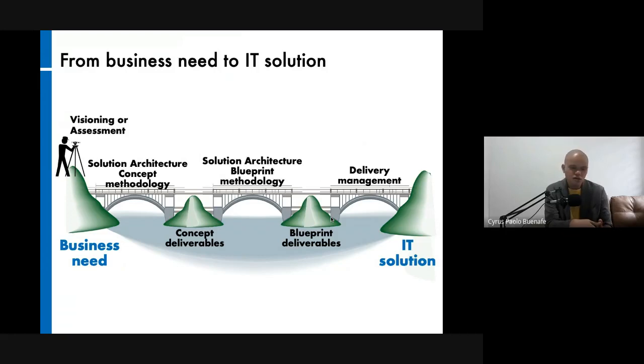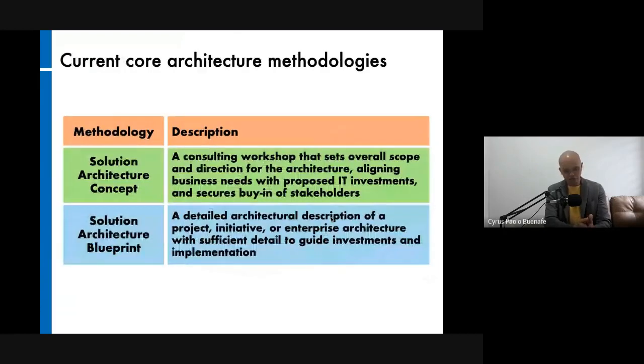But we'll talk more about these two other methodologies, about the concepts, about the blueprint, how they come up into the picture, how do we give it life, or how do we execute it in practice. So let's talk about the solution architecture concept first. So what is it? It's a workshop. If you think about it, it's a workshop. It's a consulting workshop that sets overall scope and direction to the architecture, aligning business needs with proposed IT investments,